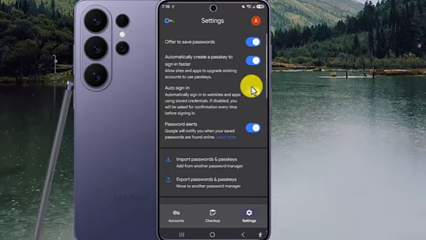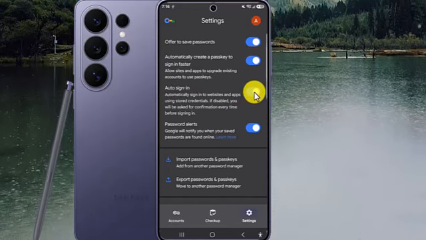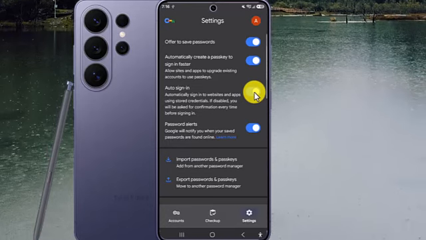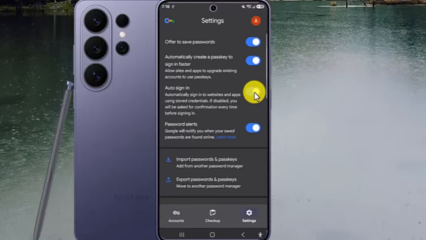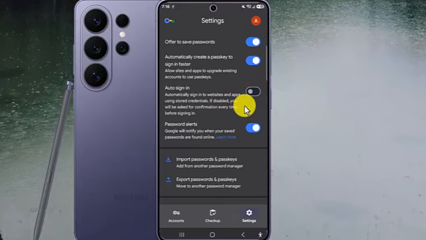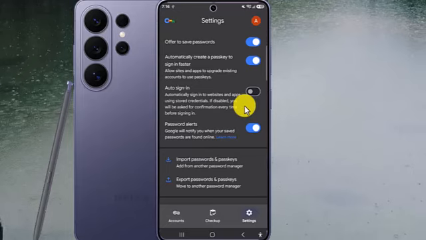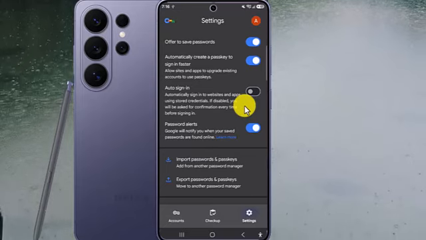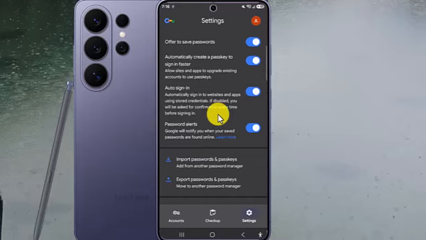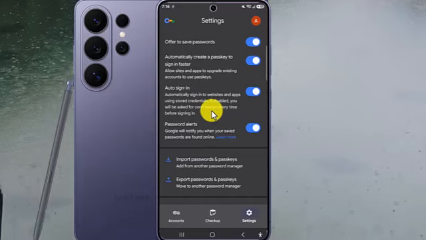Here, you can turn this option on or off. Turn it on to let Chrome automatically sign you in using your saved sign-in information, or turn it off to stop Chrome from automatically signing you in. Choose the option you want to use, and that's how to enable or disable auto sign in Google Chrome on your Samsung Galaxy